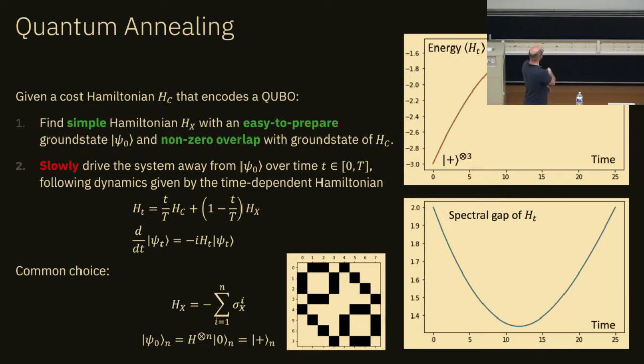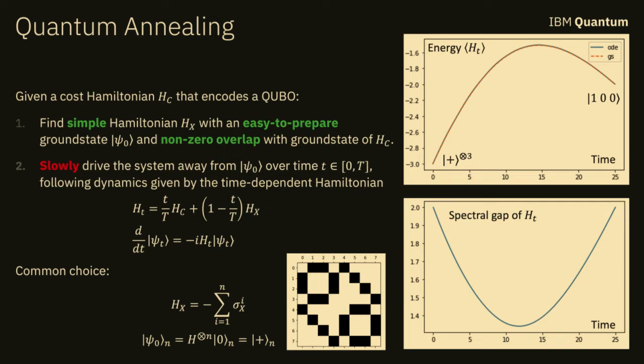If we solve this differential equation for the problem I started with, you start at the equal superposition state, you anneal, and you end up at the optimal solution at -2. So this is working nicely. What I did here is I first solved the ODE, but then in every time step I also computed the ground state of the intermediate Hamiltonian, H(t), and you see this nicely matches. So you always stay in the ground state, and that's nice. Now, I also plotted the spectral gap here. This is the gap from the ground state to the second eigenvalue, and this also is reasonably large all the time, so we should be all good.